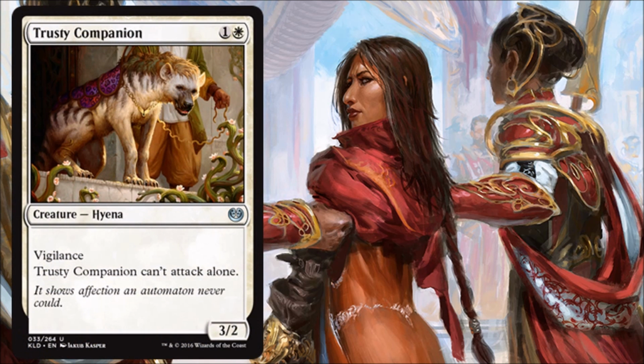This is actually a good 2-drop, I think. Now, red is usually the color that gets the clause that it can't attack alone, but there are a lot of small creatures this time in white. This is going to play very well in a Boros deck as well, with a lot of small aggressive creatures there too. It will hopefully always have a partner to attack in with, but even if it doesn't,